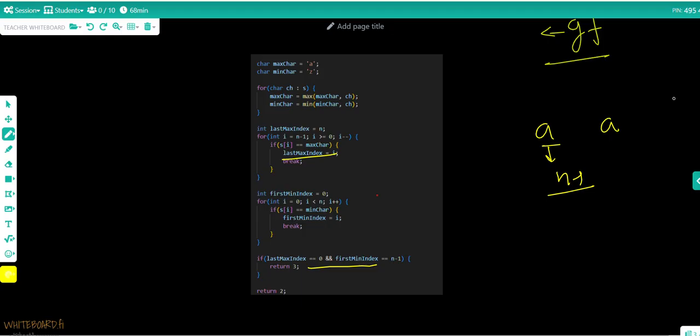If the maximum element is present at the first index, and also the minimum character is present at the last, then we need 3 operations. For the other cases we will return 2. I will share this code in chat.